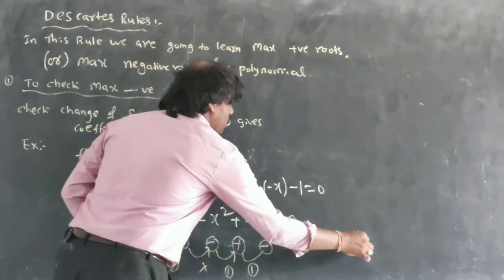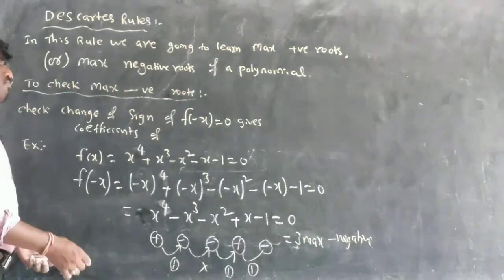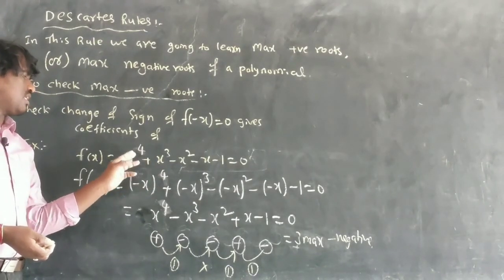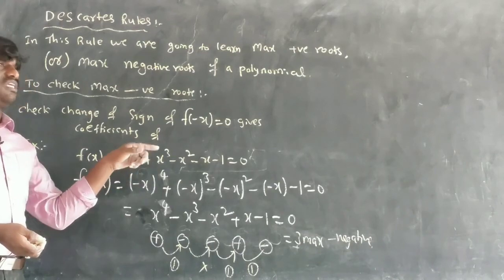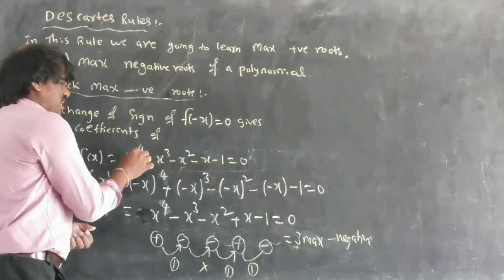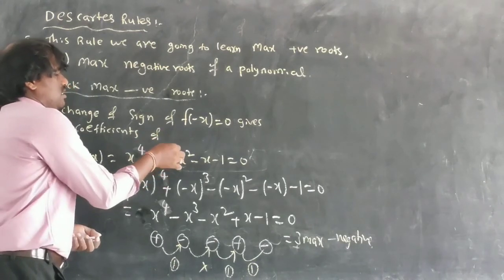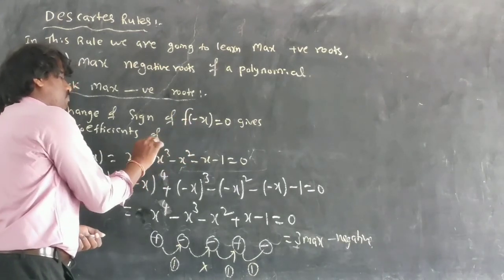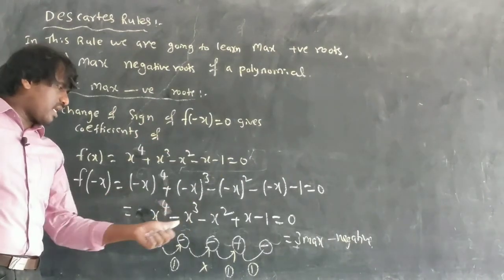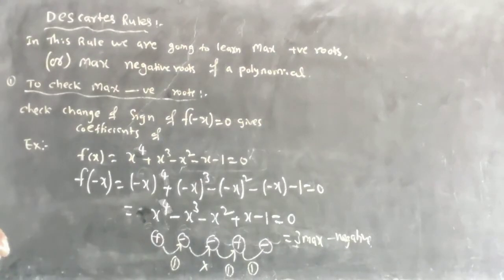So that is how we can judge any polynomial. Suppose if any power is missing here, we will take it as positive, plus 0 into x square. What I want to say here is, if x power 5 is given, then x power 4 we write as 0 into x power 4. It is positive, we consider for x power 4, like that. Likewise, we will find the maximum positive and negative roots of a given polynomial, and this is called Descartes' rule of signs for the polynomial.